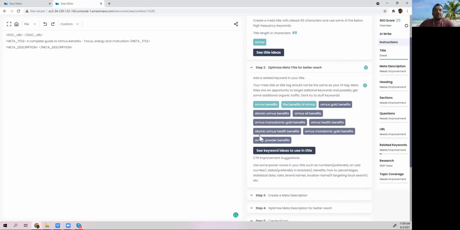All right, we can see there are other keywords that we can target with this or not, right? So there is definitely health over here. So complete guide to Ormus health benefits. All right, benefits. Okay, is there something that I'm missing? No. Okay, all right, perfect. So we have targeted one more keyword with it.